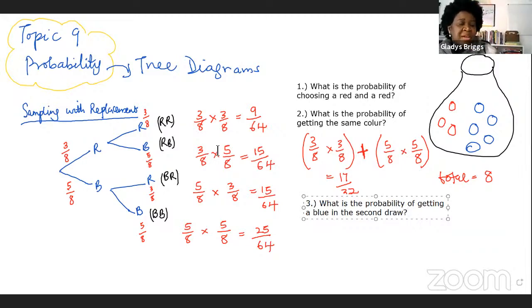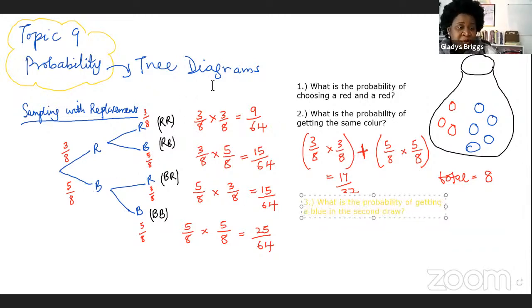So the first time you put your hand in and drew out a ball, you got maybe red or you got blue. But the second time you got blue, what's the probability of getting blue the second time? So the only times you got blue the second time,